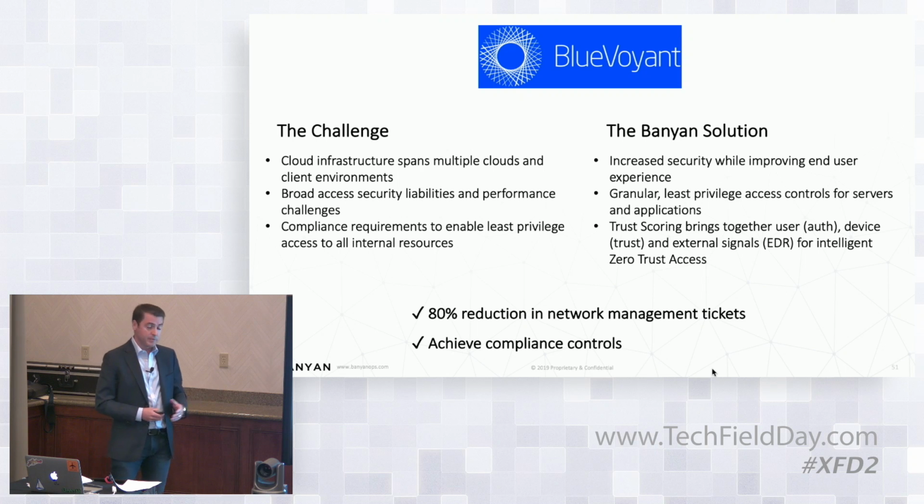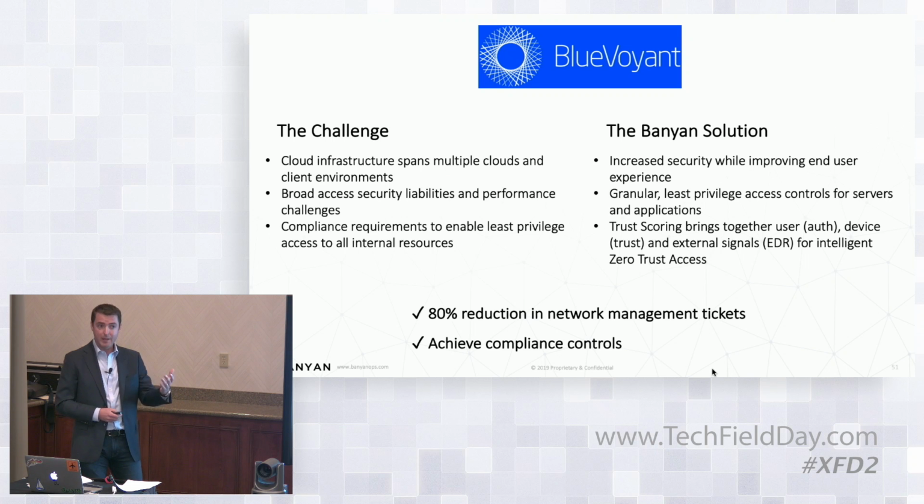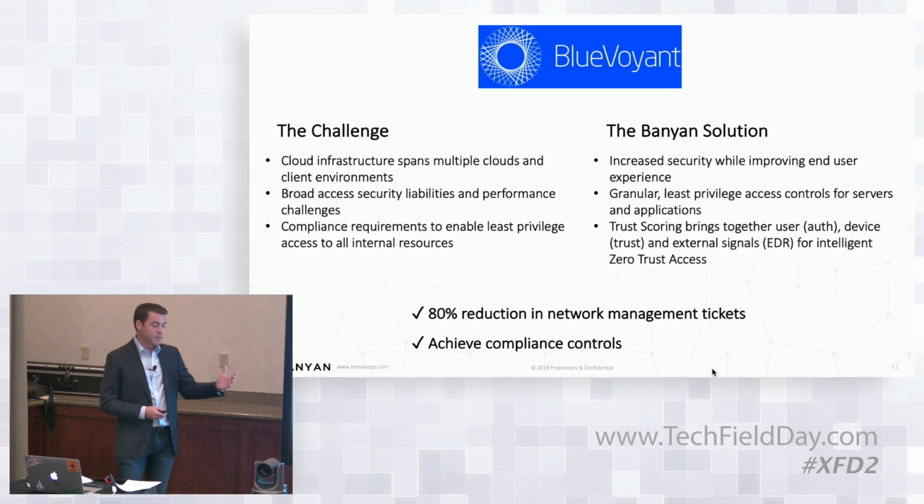And they were using VPNs in their heavy multi-cloud. So essentially, they had over 50 privileged networks that they were managing VPN access for. So it became very cumbersome. It became very complex, and it didn't provide that least privilege access that they needed for compliance initiatives at Blue